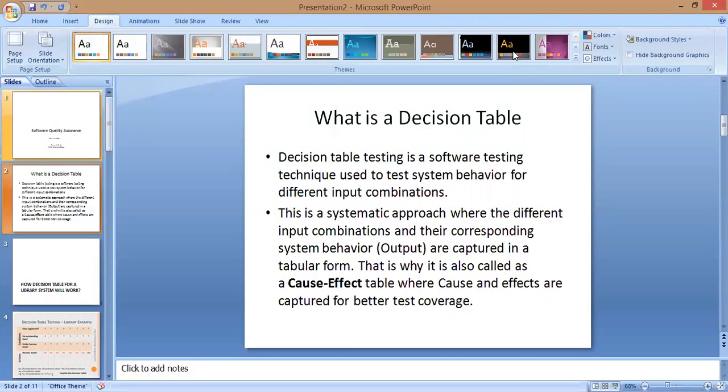Why do we need to reduce the number of test cases? Because if we don't apply the decision table technique, the number of test cases that we were making out of a functionality was a minimum of 8 to 10 test cases covering all the possible scenarios in a functionality. Most of the scenarios were the same as the other ones in that particular story. Just to eliminate the replicated scenarios, we use the decision table technique. Okay, how does it work? We'll be seeing in the future slides.